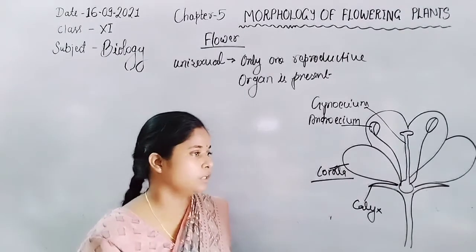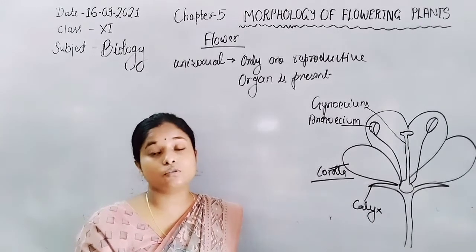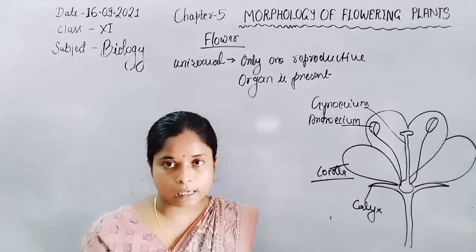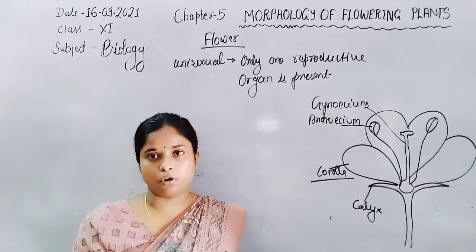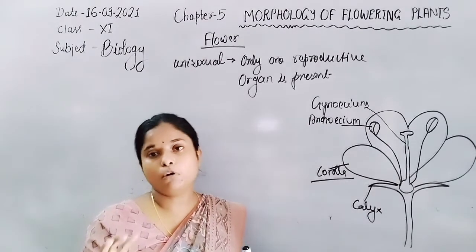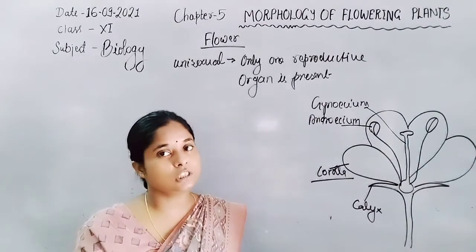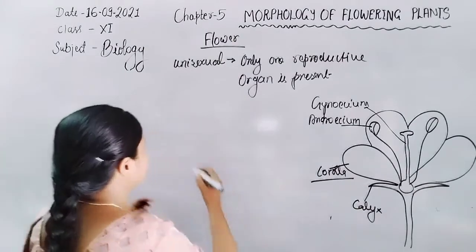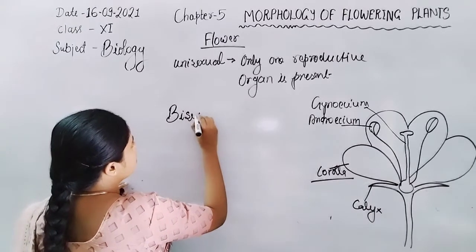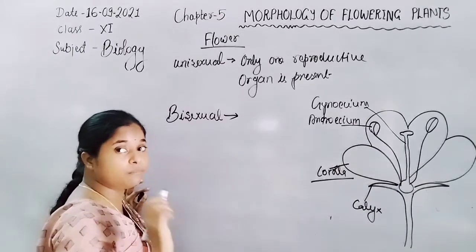As in the case of the angiospermic flowers belonging to the Cucurbitaceae family, they represent the unisexual type of flower but originate on the same body. On the basis of these flowers being present on the same or on different plant bodies, they are divided into monoecious and dioecious plants. First, we discuss the bisexual type of flower, when male and female both reproductive organs are present.